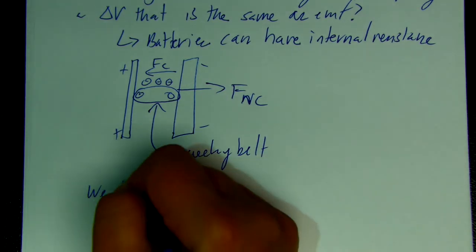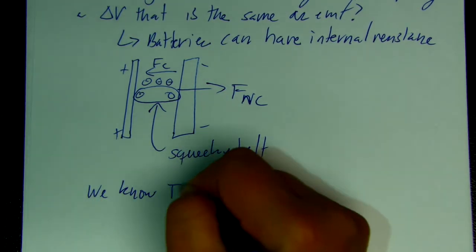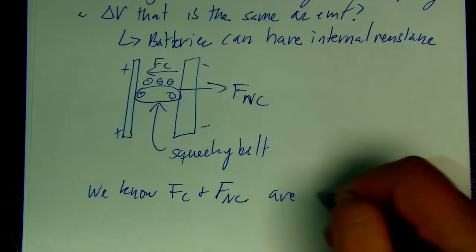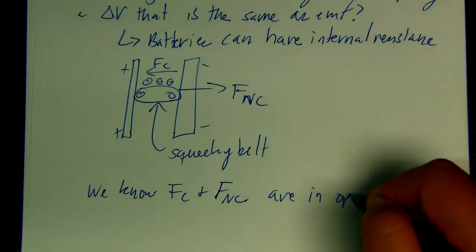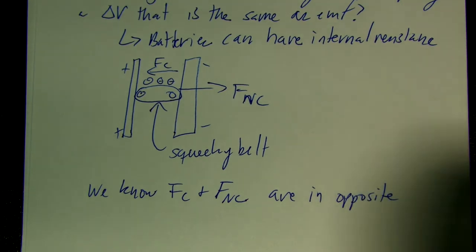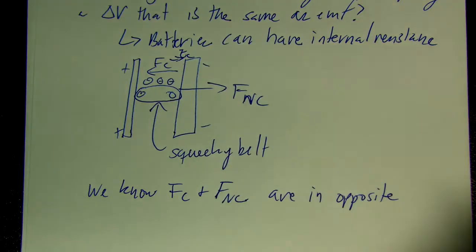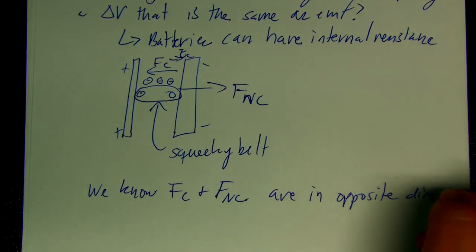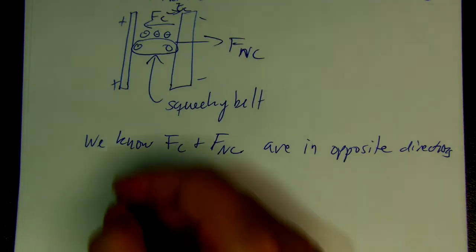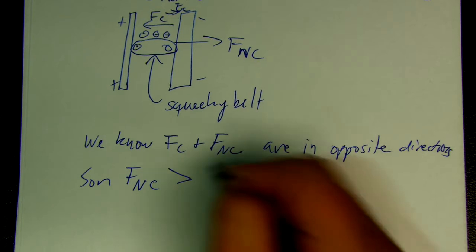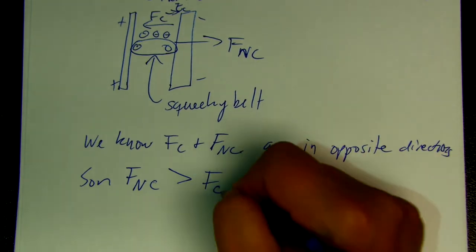We know that F Coulomb and F non-Coulomb are in opposite directions. I'm going to draw an E_C. So if force non-Coulomb is greater than force Coulomb,